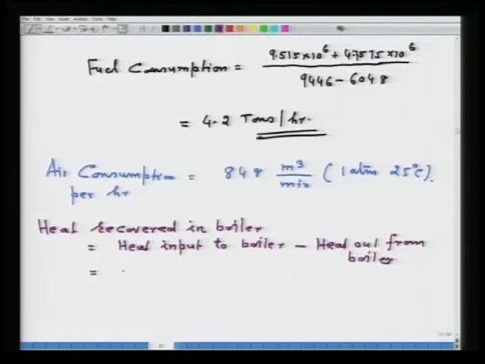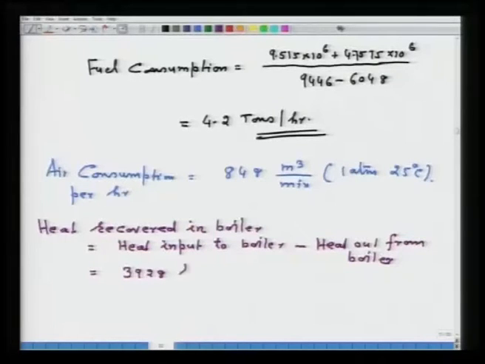The amount remains the same, it is not being utilized anywhere, only heat is being extracted. So, the amount is the same, only the temperature is different. You can calculate the heat output from the boiler from the sensible heat values which I have given to you. The heat input to the boiler you already calculated, and then you take 85%. So, this value, the heat recovered in the boiler, will come to